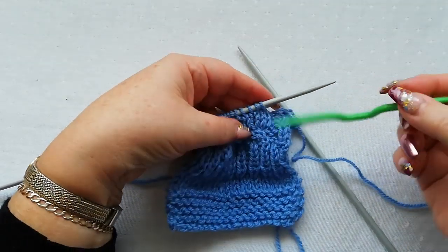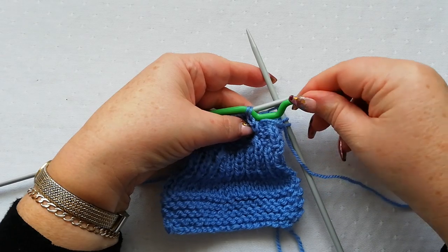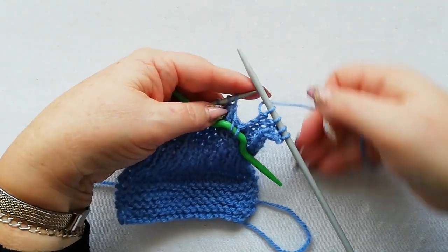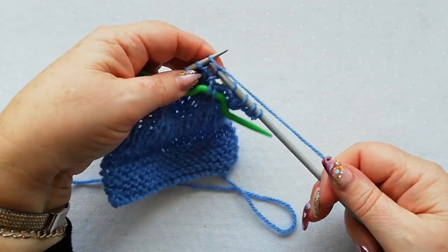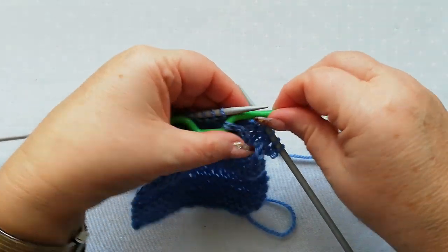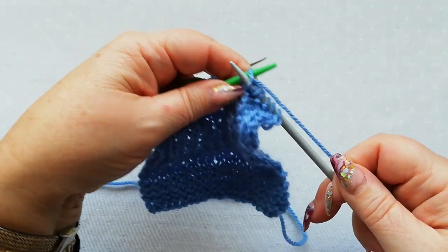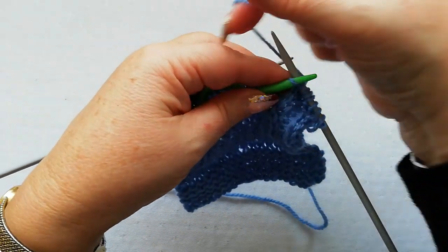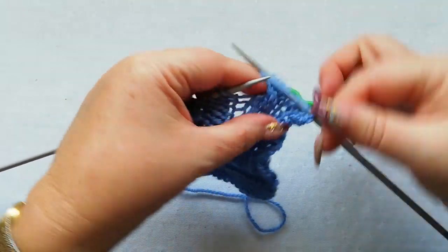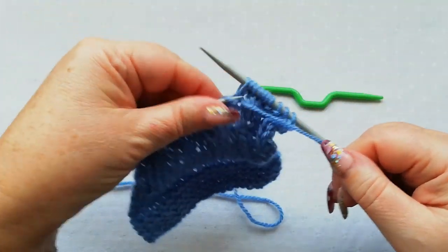And then the next 2 stitches we're going to slip onto the cable needle, and we'll bring those to the front, yarn around and work the 2 knit stitches, and then we're going to work the 2 stitches now from the cable needle. There's 1 and 2. We're going to work 4 purls over the next 4 purl stitches,